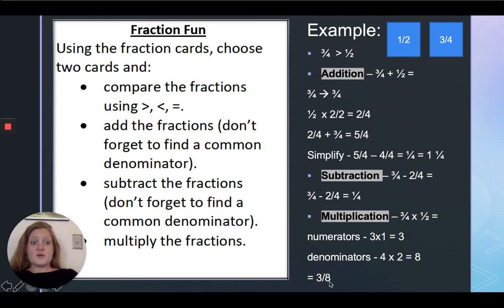So you guys can go ahead and try this. Obviously, some fractions will be more difficult than others, but feel free to play around and you can do this like